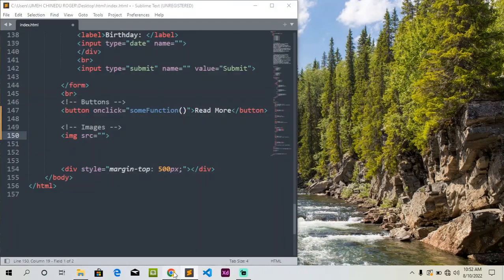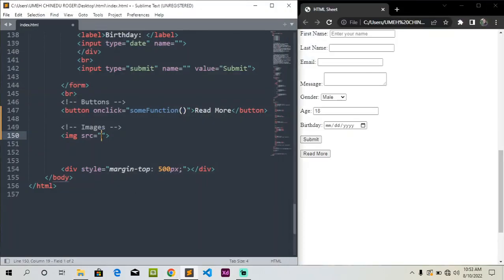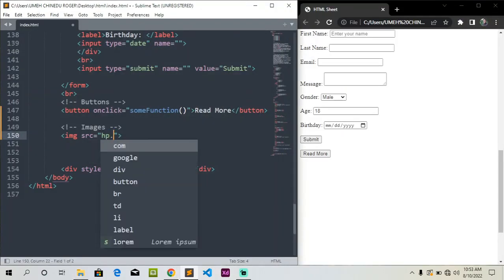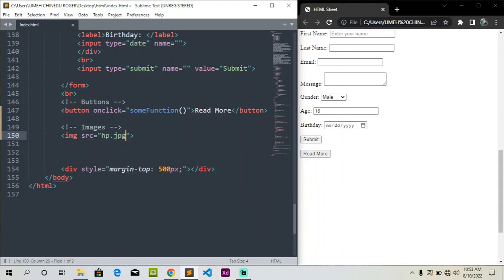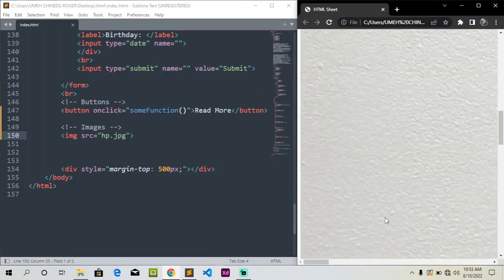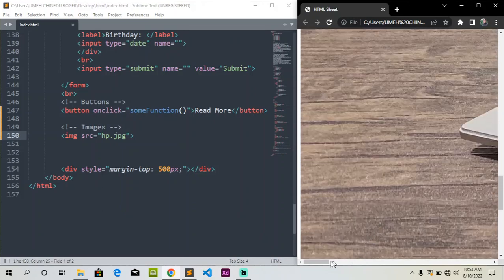So we go there and then we write hp.jpg, and then we save, and then we reload. So now you can see the picture here is very large,